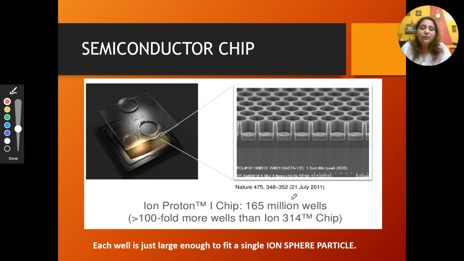The amount of wells varies with the type of chip. For example, in case of Proton 1 chip, there are 165 million wells. So there are small wells, micro wells inside this semiconductor chip. And remember, like that of 454, each well is large enough to occupy only one bead. And what is that bead? That was called a magnetic bead. If you remember, one EMPCR